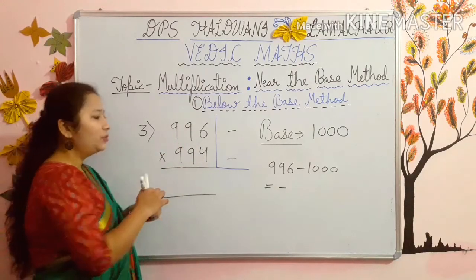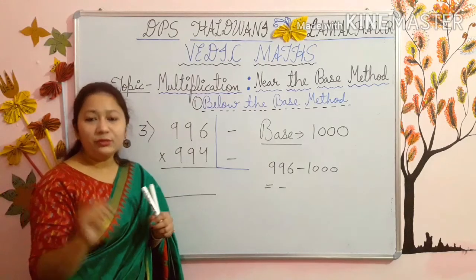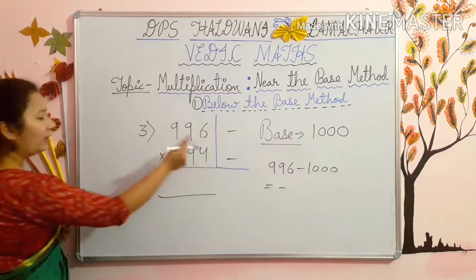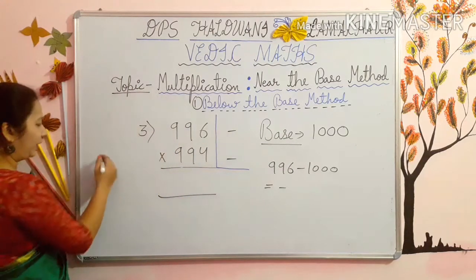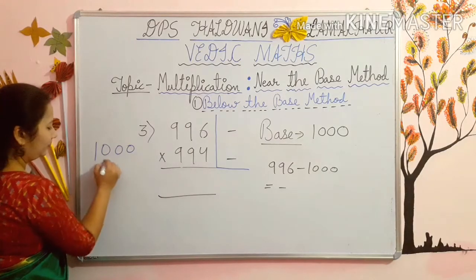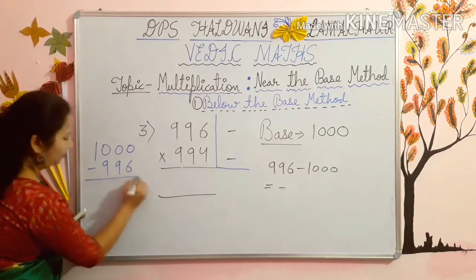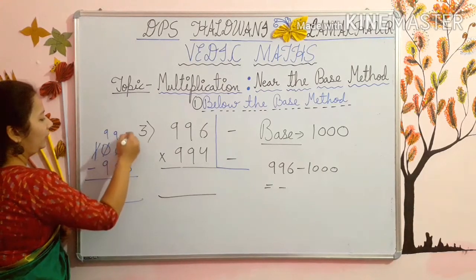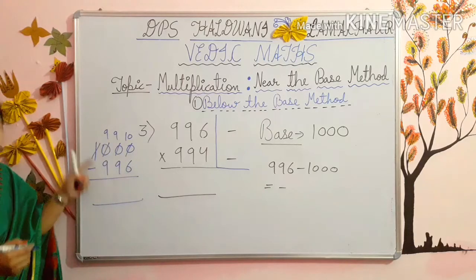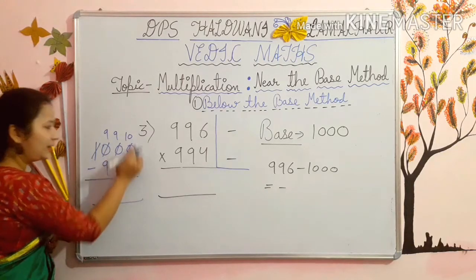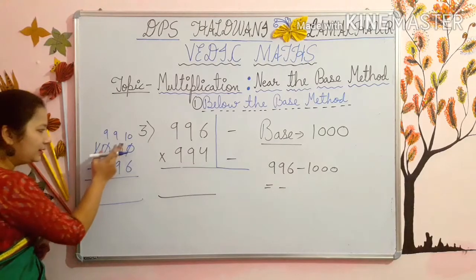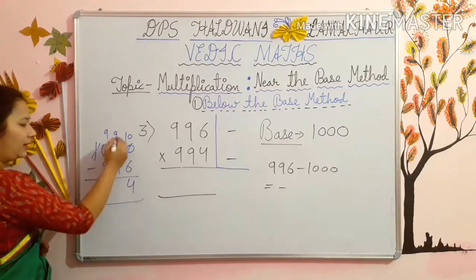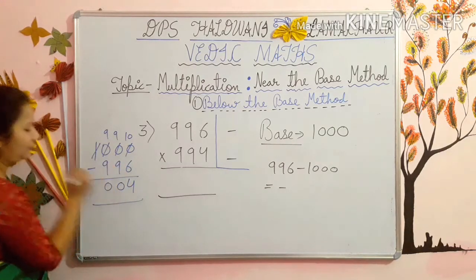Now subtract. Now students, one subtraction method I want to tell you so that you can subtract your numbers orally. See how. See 996, 1000 you will subtracting, so write like this. You are subtracting, take the carry. Now can you see one different thing here? See, your last digit is getting subtracted from 10 and others are getting subtracted from 9. See, 10 minus 6, 4. 9 minus 9, 0. 9 minus 9, 0.